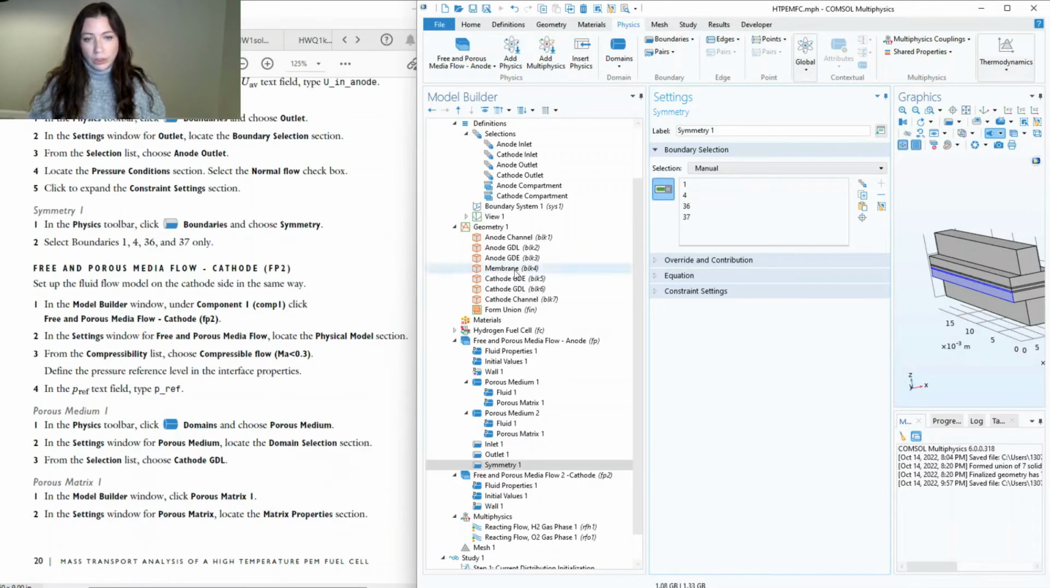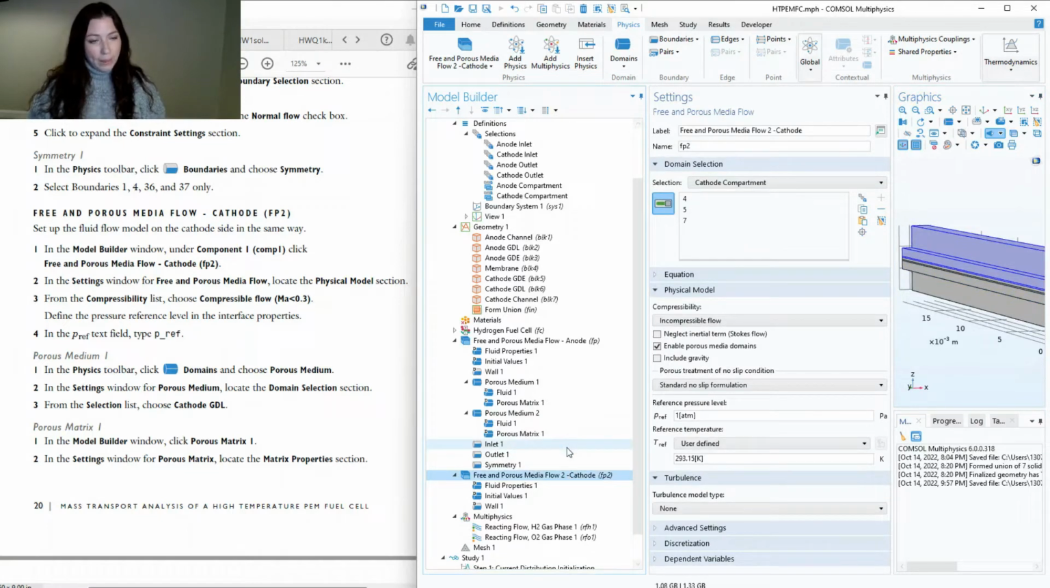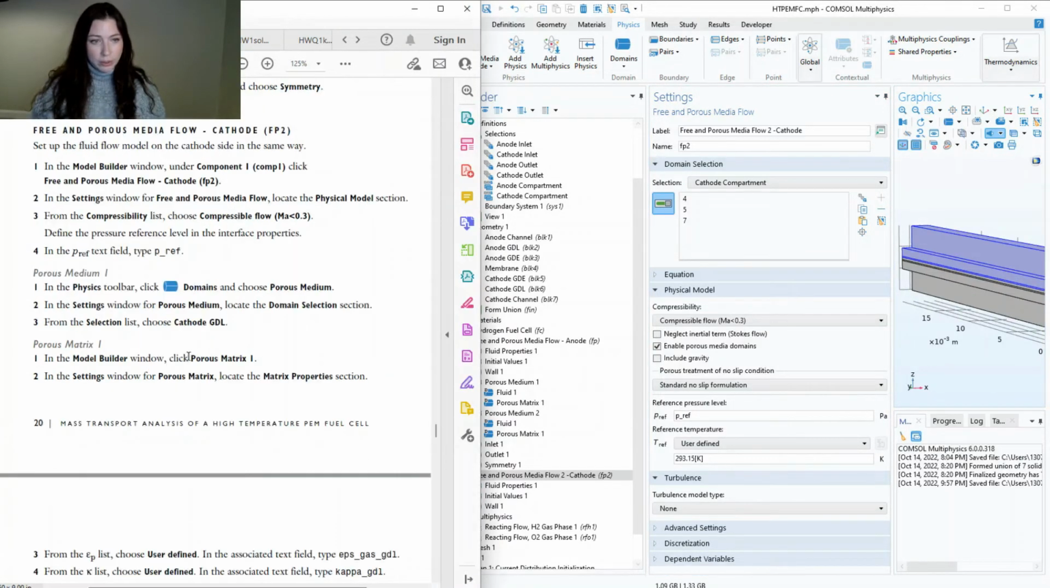Okay, now we're ready for the cathode side. In the Model Builder window, under Component 1, click Free and Porous Media Flow Cathode FP2. In the Settings window for Free and Porous Media Flow, locate the Physical Model section, and from the Compressibility list, choose Compressible Flow. We're changing this from incompressible to compressible, which has a Mach number less than 0.3. Define the pressure reference level and the interface properties. So for PREF, once again, we're adding the parameter PREF, even though that is 1 atmosphere,